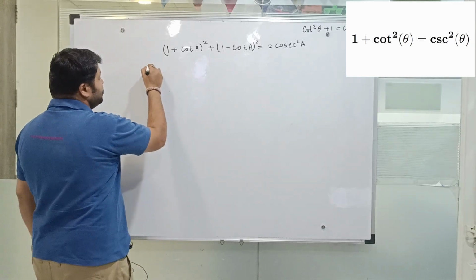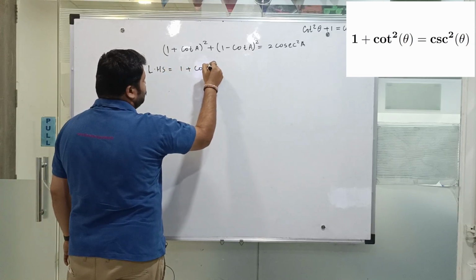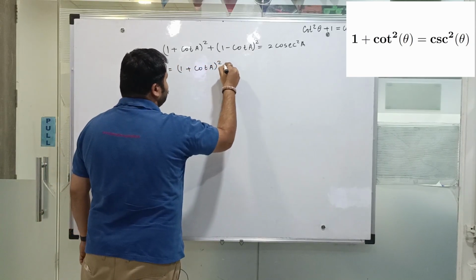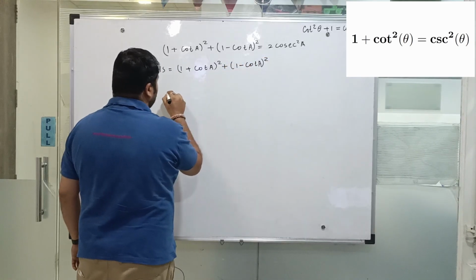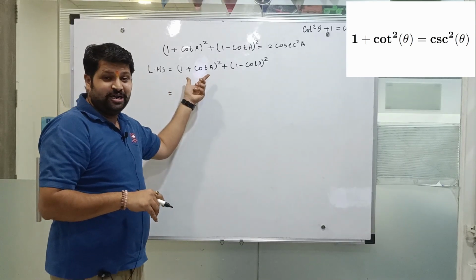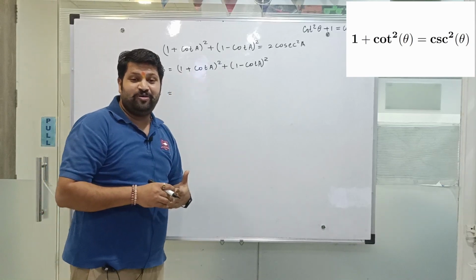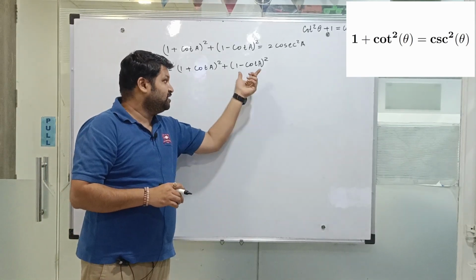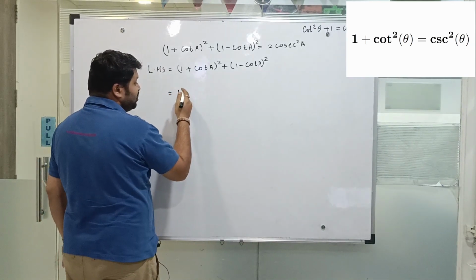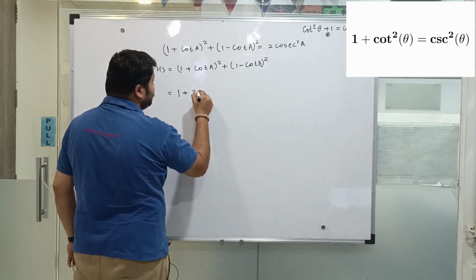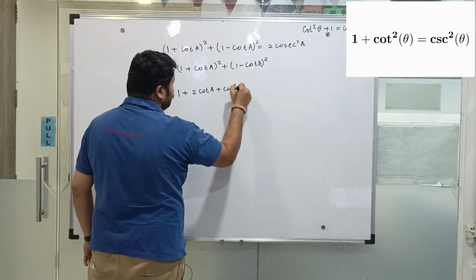The left hand side, LHS, is equal to (1 plus cot A) square plus (1 minus cot A) square. Now there are two entities here, 1 and cot A, so it can be expanded in the form of (a plus b) square, and this is (a minus b) square. So we have (1 plus cot A) square is 1 plus 2 times cot A plus cot square A,